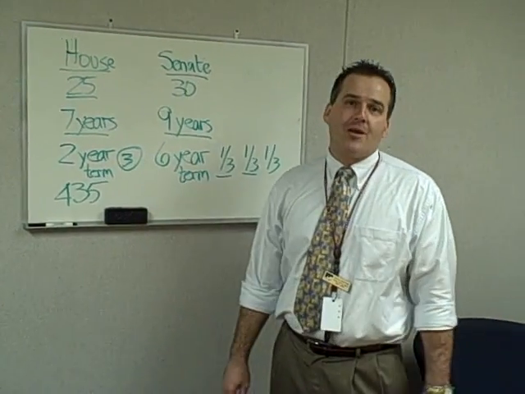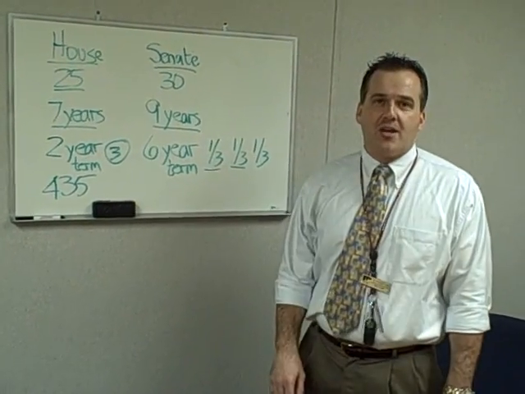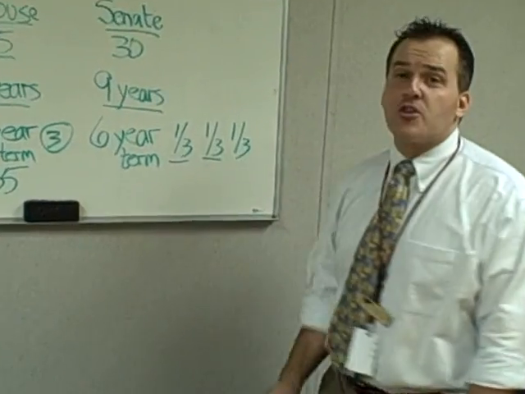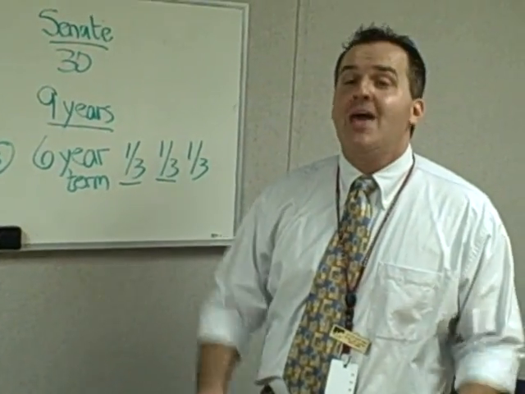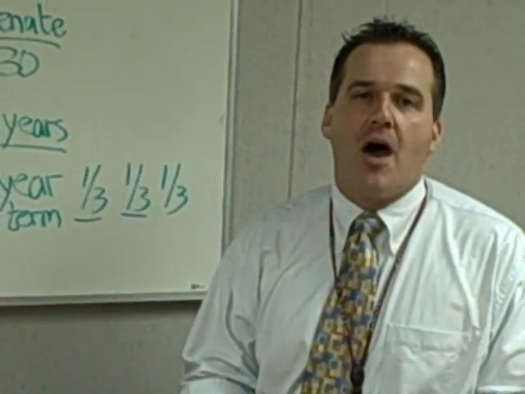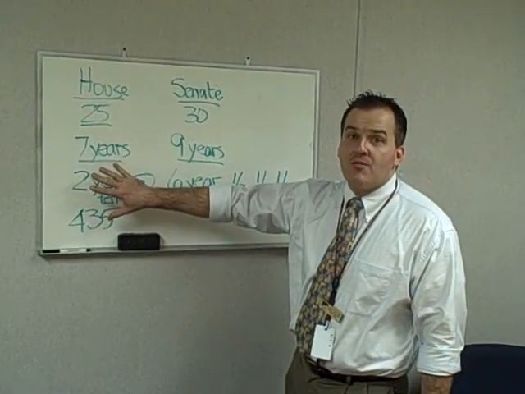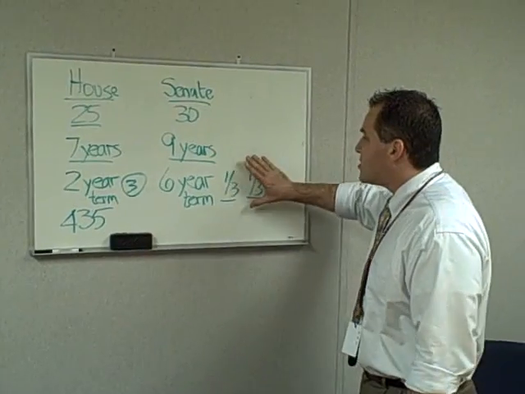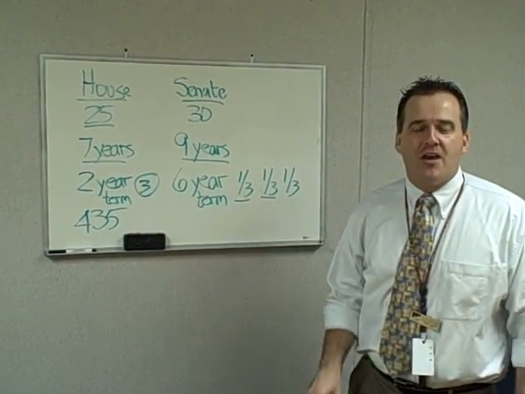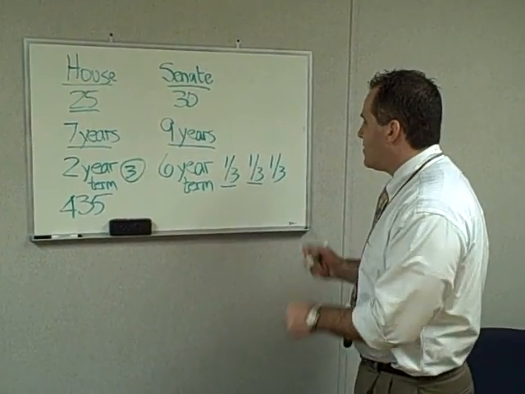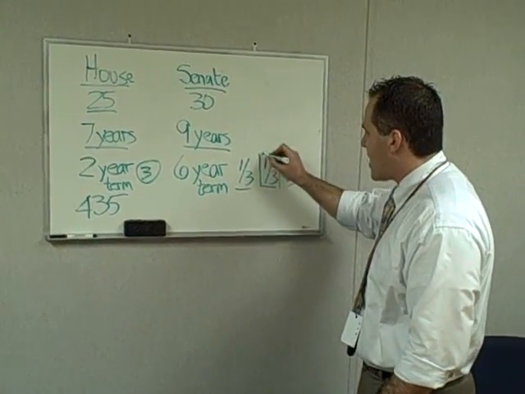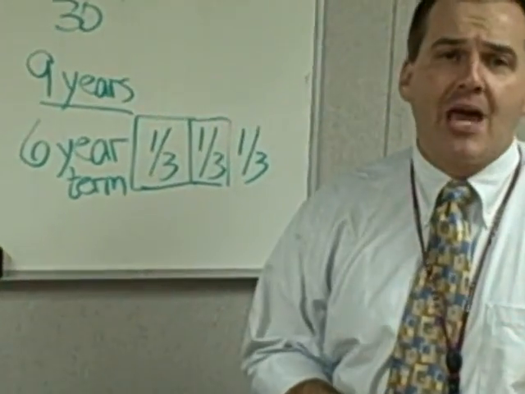Now in 2010, the Democrats really got nailed. They lost the majority in the House. They also lost Senate seats. But because only 1/3 of the senators were up for election, at that point they didn't get enough to be able to take it. So when you think about it, the House is representative of the people very, very strongly. The Senate is almost a check on the responsiveness to the people because you need 2 election cycles generally to be able to get a majority there.